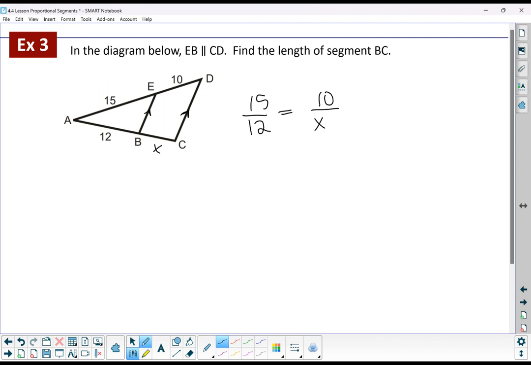That's kind of a way that you can just immediately see the proportion sort of aligns with the diagram. If you don't like having x in the denominator, you could maybe think of other ways to set it up. For example, if we do x divided by 12, that's going to equal 10 divided by 15. So that's another way we could set it up. So if we solve for x, we'll multiply both sides of my equation by 12, and we get x is equal to